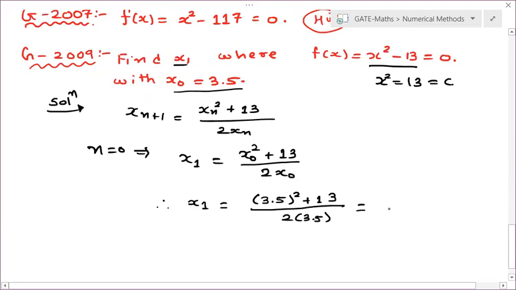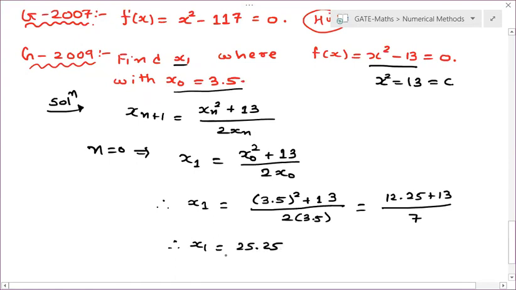Now 3.5 into 2 वो आपका 7 हो जाएगा. 3.5 होल स्क्वायर आप कैलकुलेटर से डायरेक्ट फाइंड कर सकते हो. 5 square 25 and 3 4 12. एक शॉर्टकट भी है. So 12.25 plus 13. So 1 plus 1 is 2, 3 plus 2 is 5. So the x1 will be